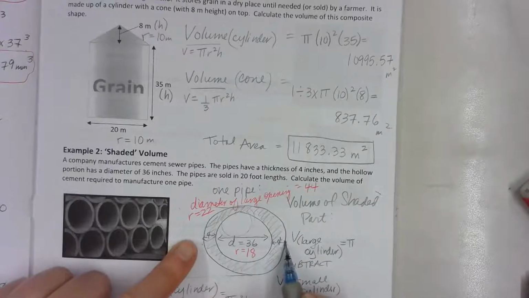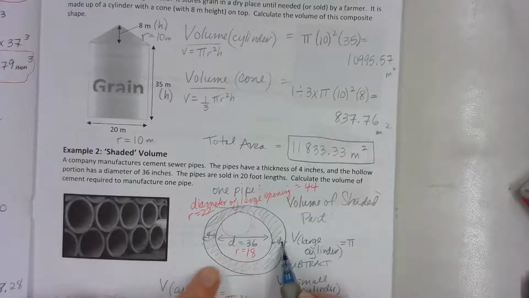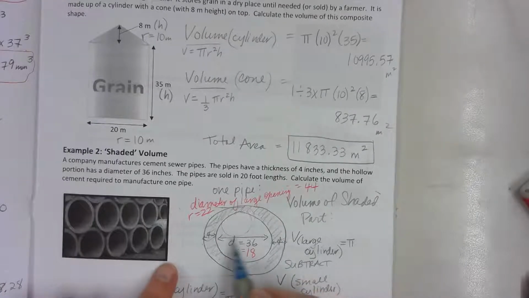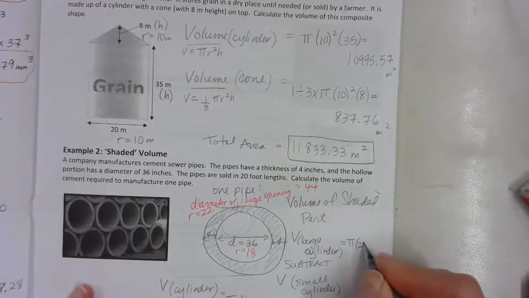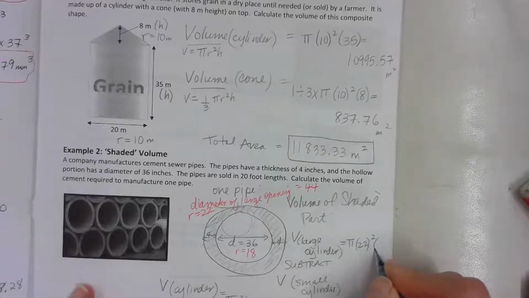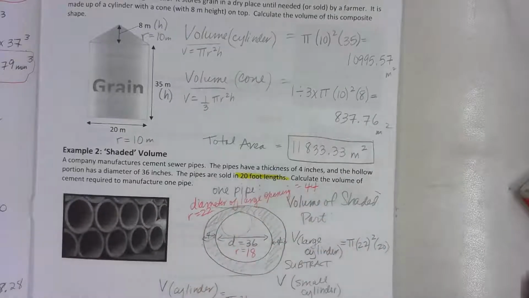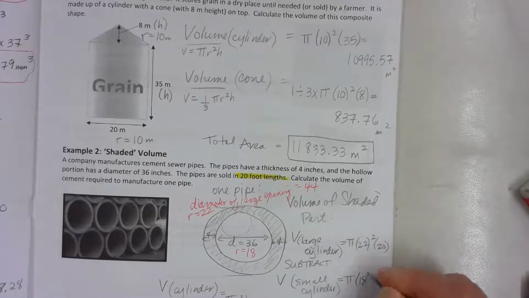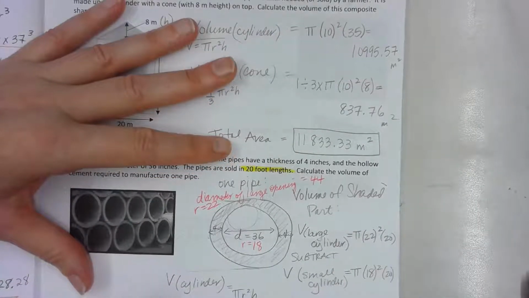So from here to here is 44. 4 plus 36 is 40, plus another 4 is 44. So all the way across the large cylinder opening is 44. So halfway is 22. So pi times 22 squared times 20, because that's how long they are. Or if I upended it, that would be its height. And this is pi times 18 squared times 20. Okay, so I've got two volumes I'm finding. So volume of large